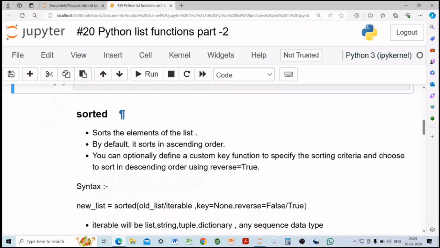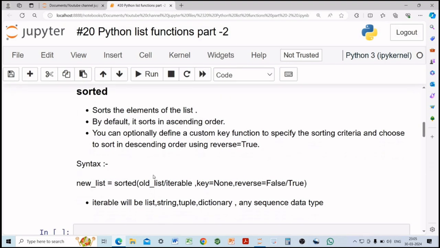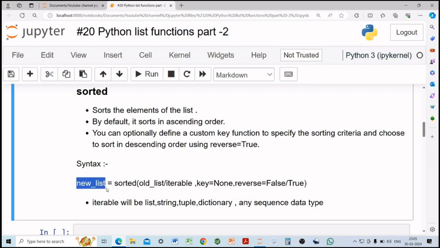Now we'll see what the sorted function is. It sorts the elements of the list, and by default it also sorts the elements in ascending order. And when we want to sort in descending order, then we can pass the reverse keyword here. And we can optionally define a custom key function specifying the criteria for the sort. So the syntax for this: we pass a new list variable, equal to,